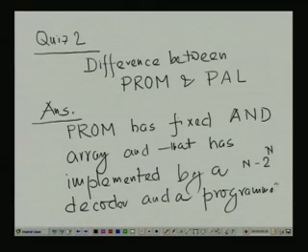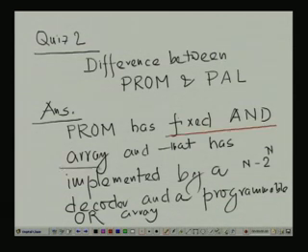So the main thing is it has a fixed AND array and a programmable OR array, whereas the PAL,